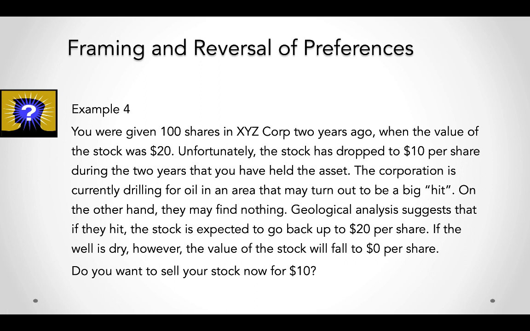Well, I don't know about you, but it all depends on your reference point. If your reference point is zero, then $10 obviously looks like a sure gain and you will sell. If your reference point is $20, then you're faced with a loss of $10 per share, and you're probably going to gamble it out and wait to see what happens. Maybe it's going to go back to $20. What should you do? Well, any kind of investment manager will tell you sell the losers and keep the winners, right? But again, it really depends on your own risk preference.